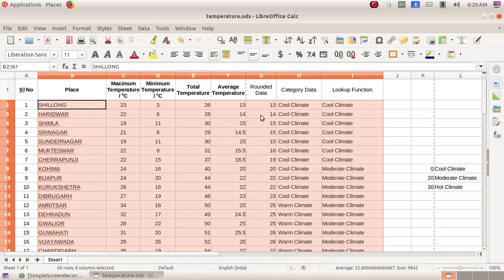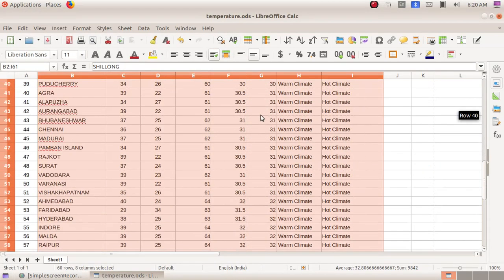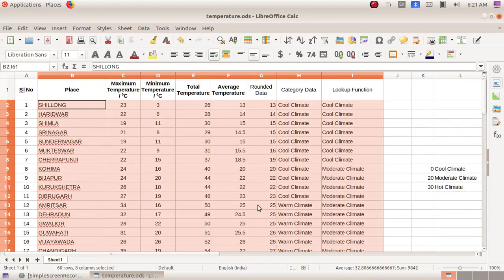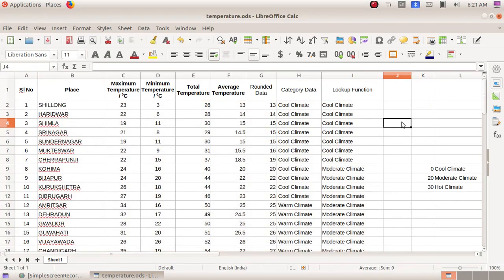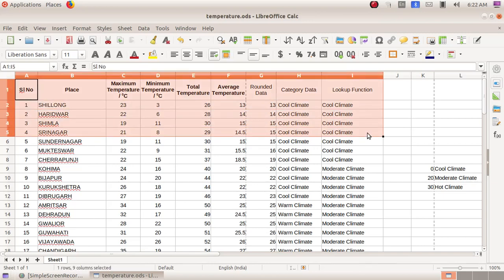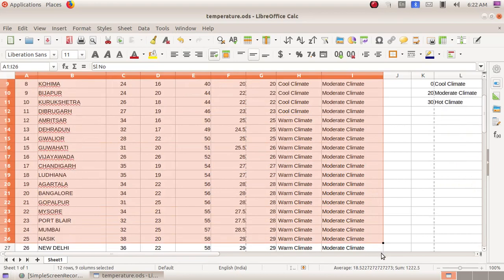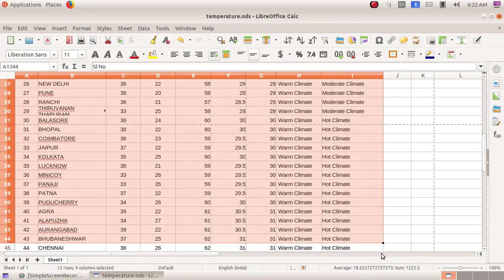Now we can see the column G is arranged ascendingly. And as the column G is arranged in the ascending order, we can see the B column is now in a scattered form. So as the next part we will learn about filtering. Filtering means we are going to find out only a particular category of data. For that we have to select the entire file. So click, drag and select the entire file including serial number and heading.